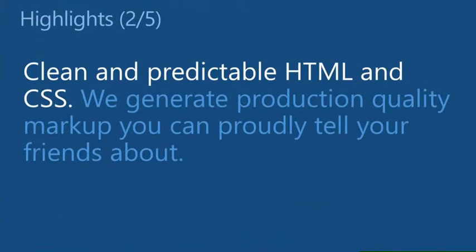Second, clean and predictable HTML and CSS. One of the reasons why I kept the part of the UI up the whole time that showed you your HTML and CSS. I heard an applause, or maybe I'm imagining it, but I'll take what I can get. Is that we really want to create production quality markup because, like I mentioned,